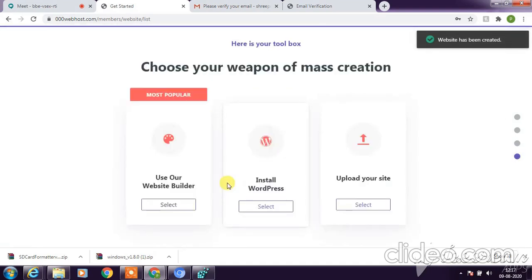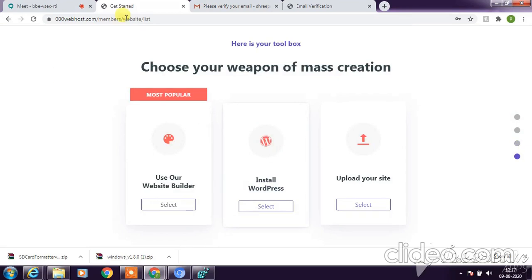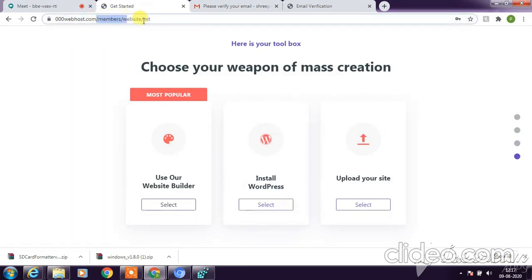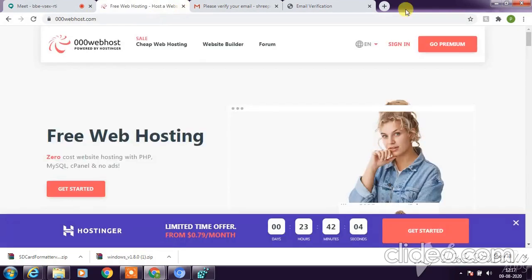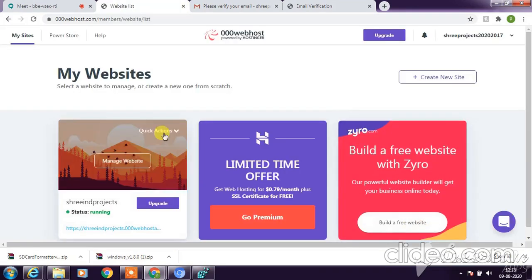Okay, once it is done, your website name is created. So again go to 000webhost.com, click OK, then go to sign in. Once you are signed in, it will take you to the website page. So you have to click on manage website.